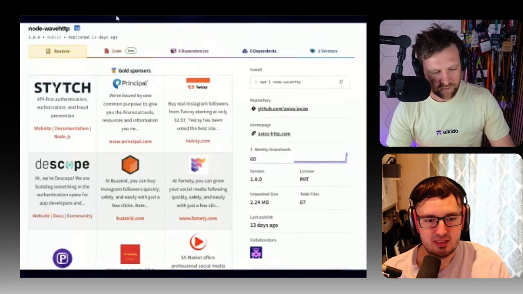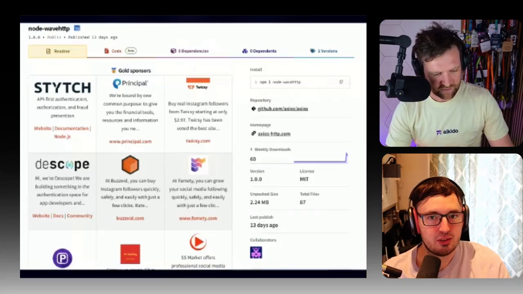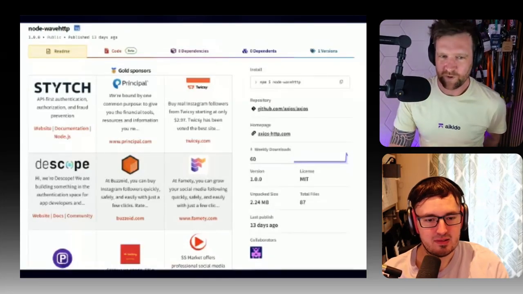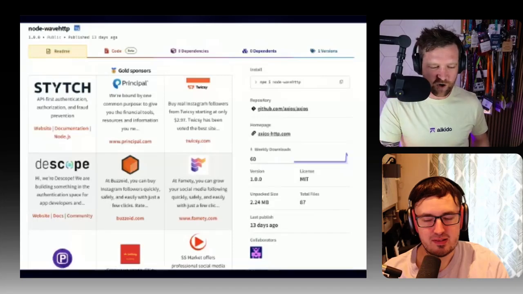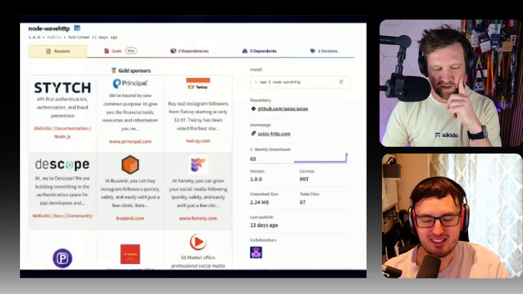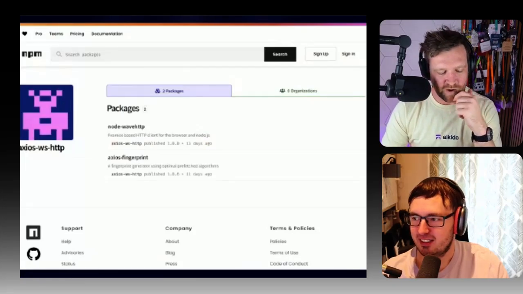If I go to NPM and I look at Axios, am I going to see that they have copied the Axios README? The rest of the README is definitely the Axios one. Yeah, okay, I'm just looking at it now. They have all of the sponsors the same. So they're just trying to copy the Axios part. So right away, this looks dodgy now. But let's go a little bit deeper. What's behind the scenes in this one?